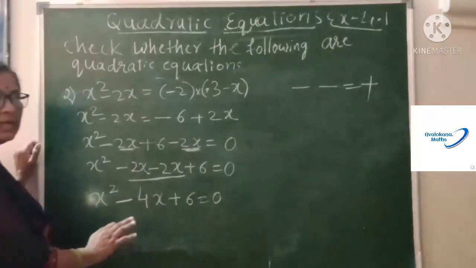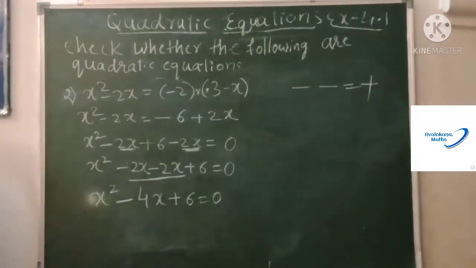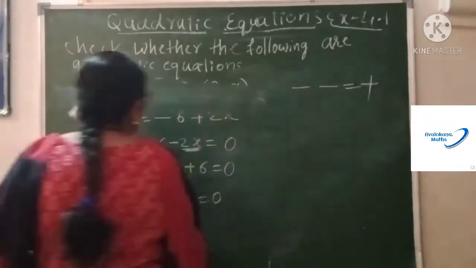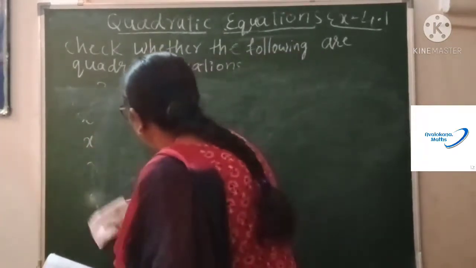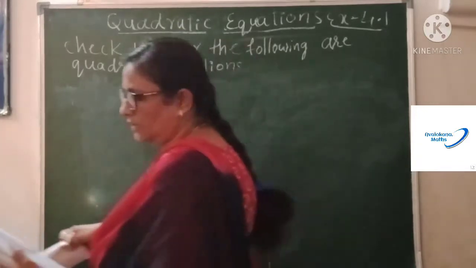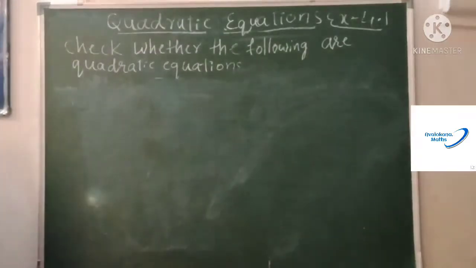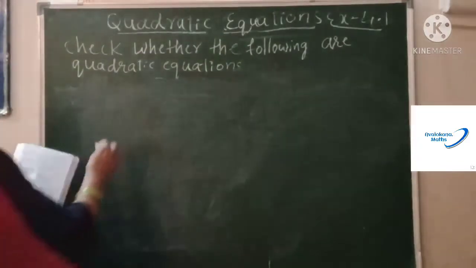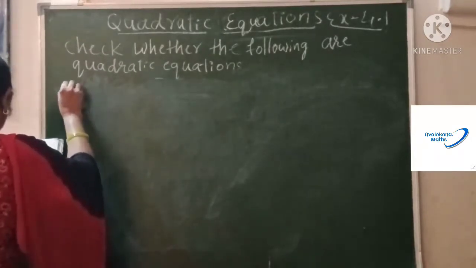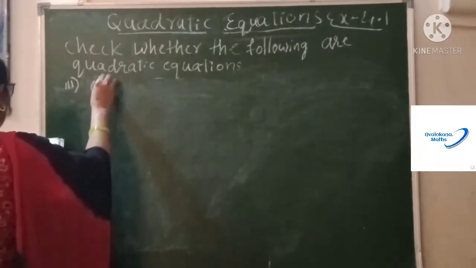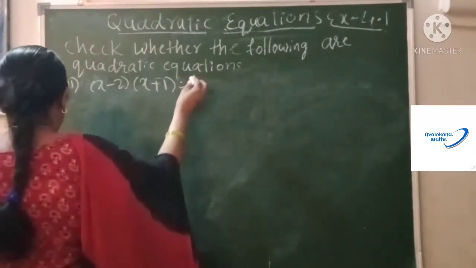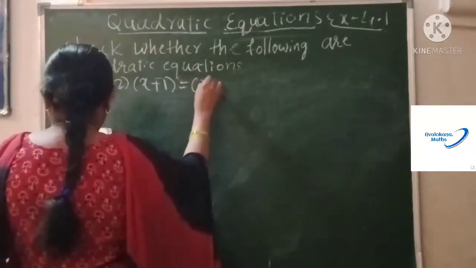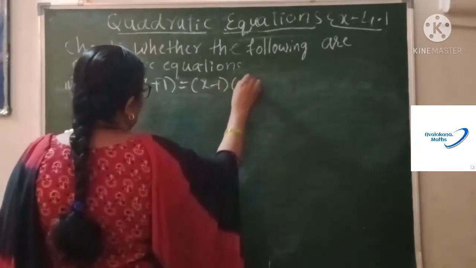This way. So, let me continue with the third question. In this way, I am going to solve all the questions so that it will help you in solving. And if you have already done this simple calculation, you can proceed. The third question is a little something like this. Listen, third one: x minus 2 into x plus 1 is equal to, on the RHS part, x minus 1 into x plus 3.